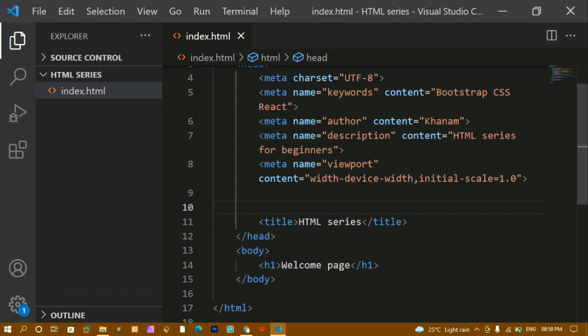meta tags. Meta tags are nothing but they are going to store the information of our data. This is our data, like this is my data, this is my data. They are just going to store our information here. Now inside this we are just going to add, like we are having keywords, author, description, viewport. This is the charset which will be having all the punctuation, letters, everything.